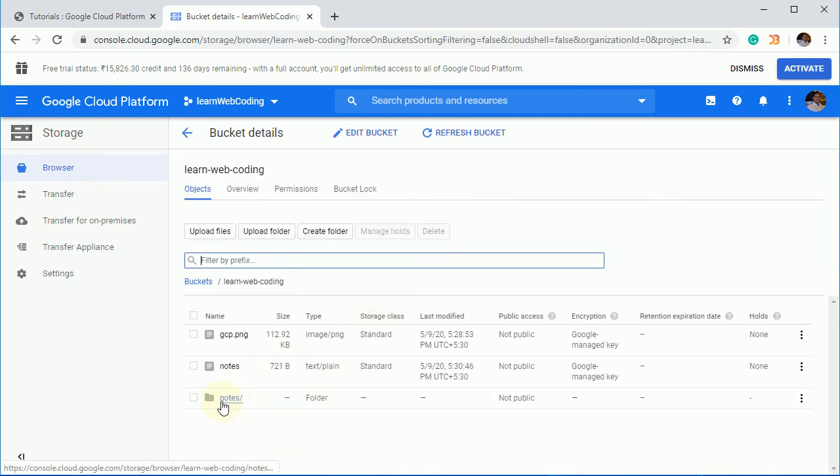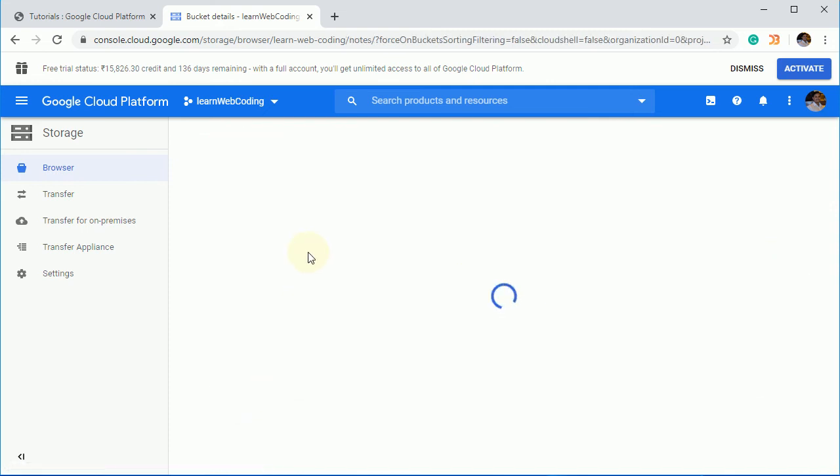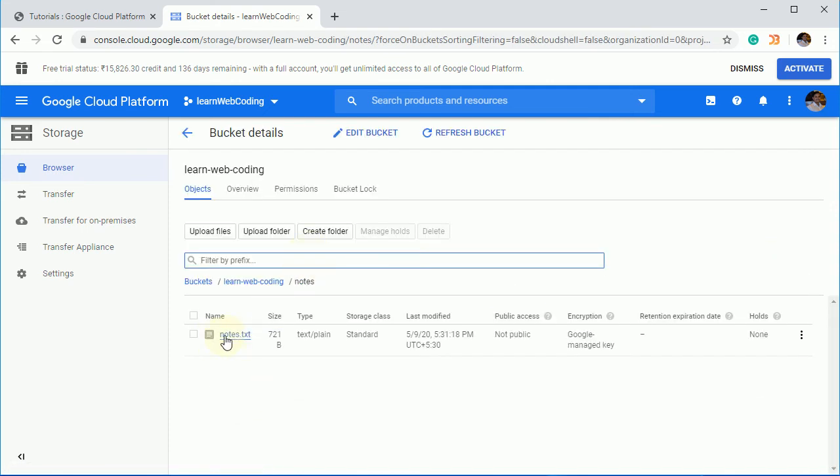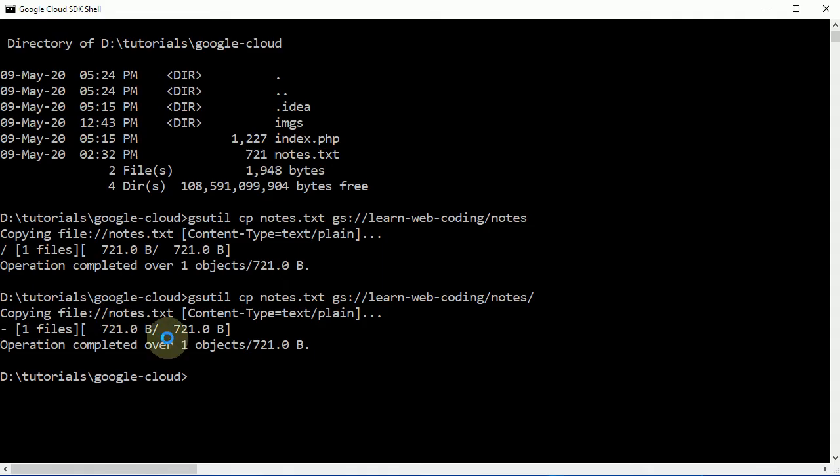Here you go. Okay, so I forgot the forward slash, and because of that it didn't upload. So you can create a directory at the same time and upload it. You can see now this is a very simple command, right? You have to use just gsutil, and now you can see how useful this command line tool is. Again, similarly, if you want to download it to your local machine, how can you do that?